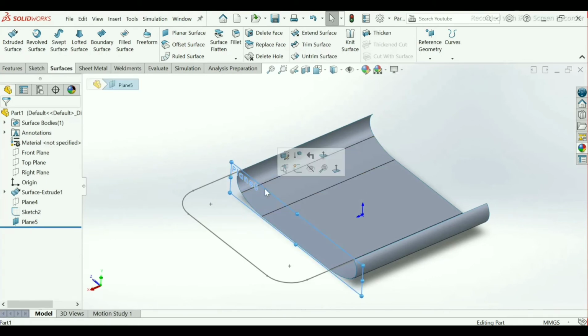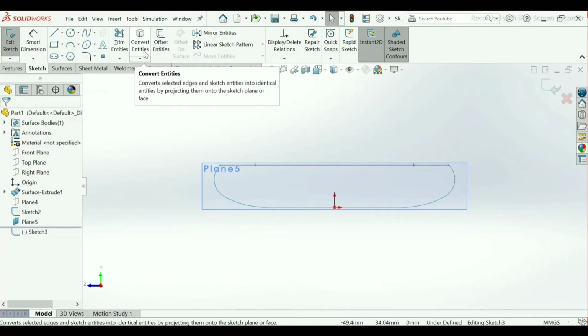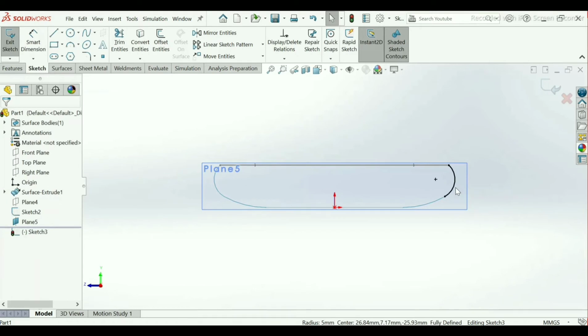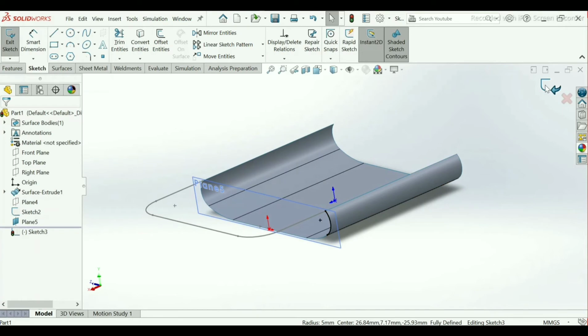Now here select this plane, sketch. Use convert entities in sketch command tool manager. Select this edge, click OK. Now here take exit.